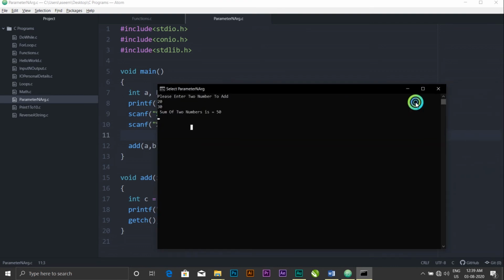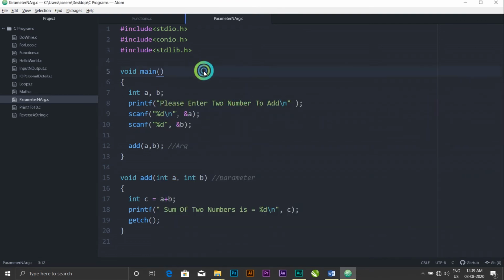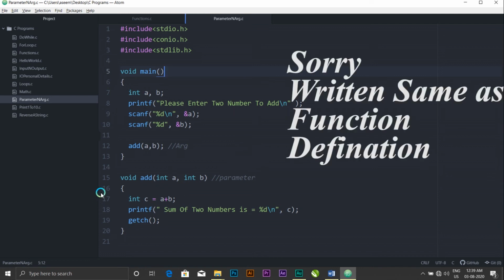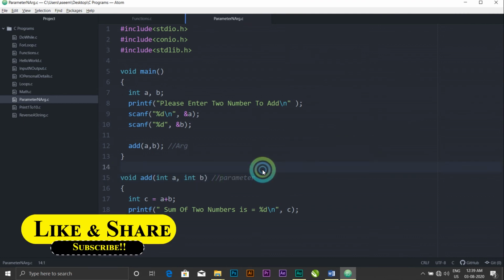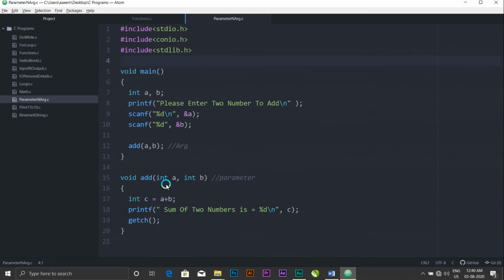Here I would like to inform you about function prototyping, or we can also say function declaration. It's written the same as a function call, but it's not a function call. It's just for the compiler to know that we have defined a function and whether it contains certain arguments or not. Let me show you an example.